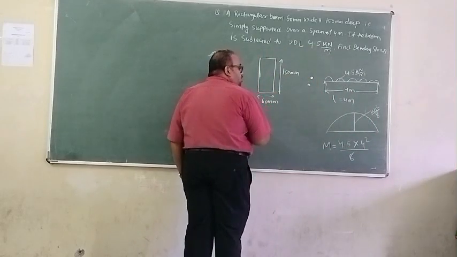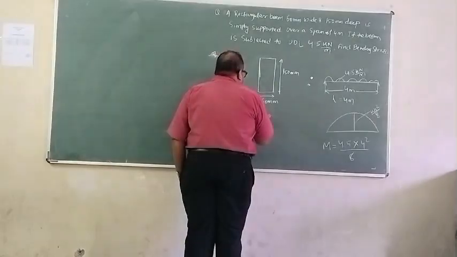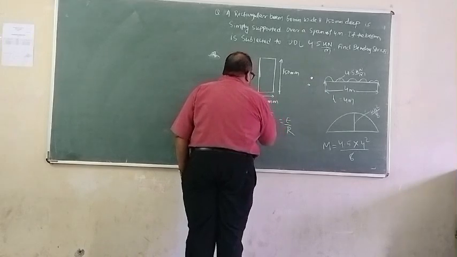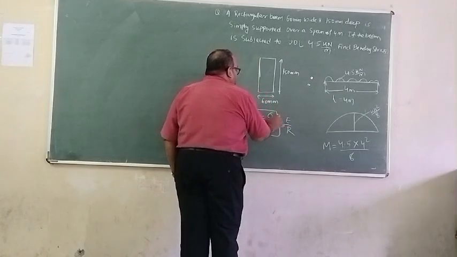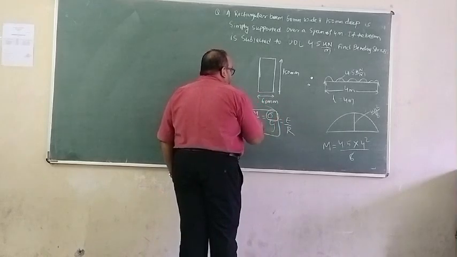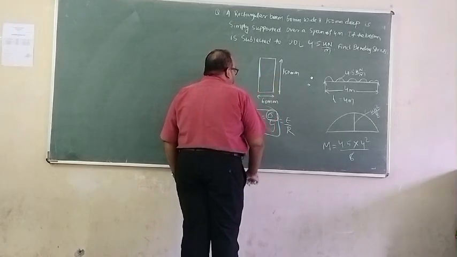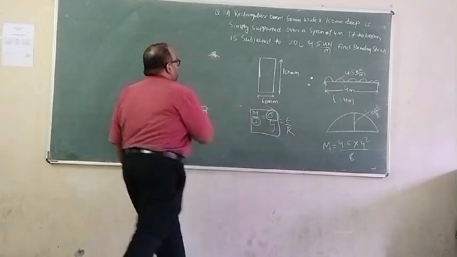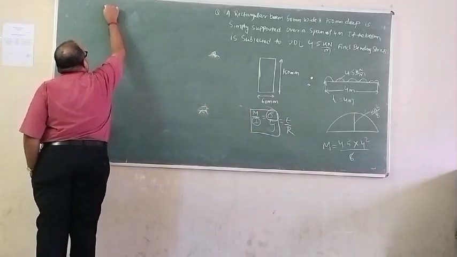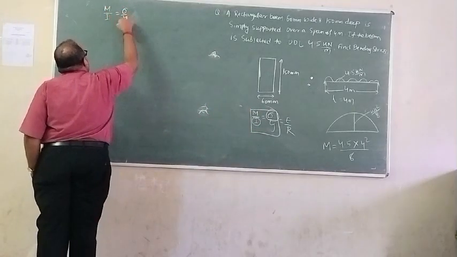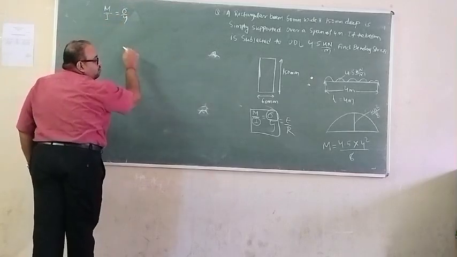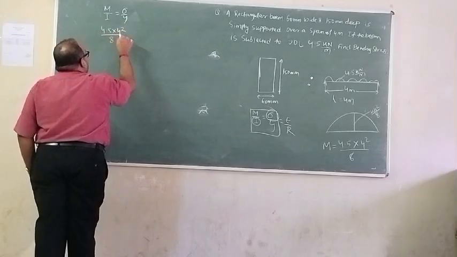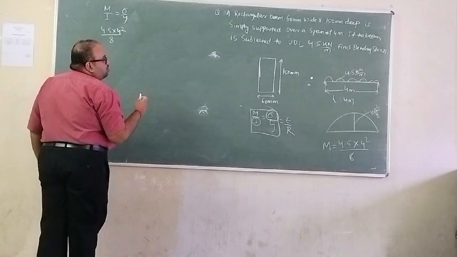So clearly this is a pure bending equation problem. I can write M divided by I equals stress divided by y equals E divided by R. From this we will use the first part of the equation, because we are asked for stress, we have M and the sectional properties B and D, so I can find the I value and y value. So I will put M divided by I equals stress divided by y, with M as 4.5 multiplied by 4 squared divided by 8.